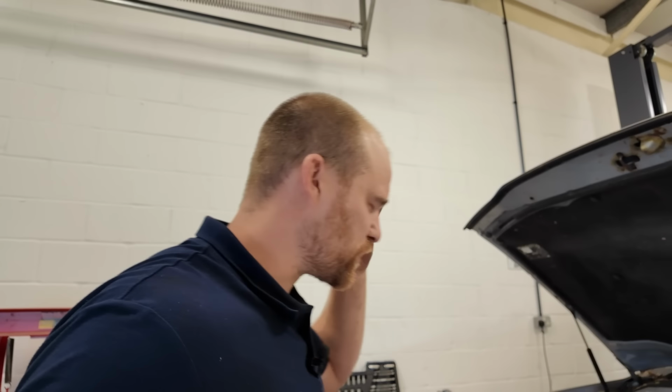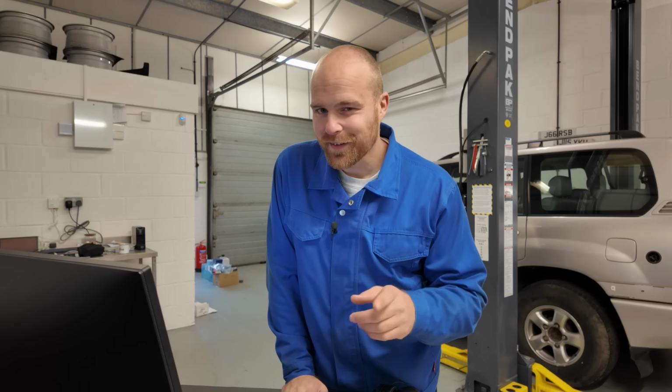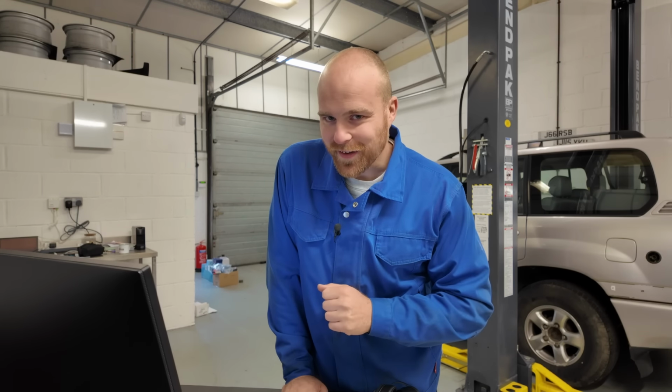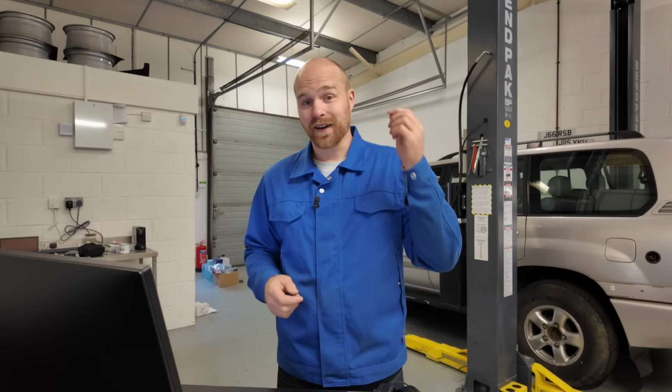I need to just work out what I'm doing here now. Right, there's like a million things going on. I've got to just process this for a second and then formulate a plan. And formulate a plan I did, and it was a remarkably simple plan at that. Because I lack any of the tools required to do a further diagnosis at this point, such as, I don't know, a leak down test, and because I wasn't going to go to the effort of removing the cylinder head, I decided to just...